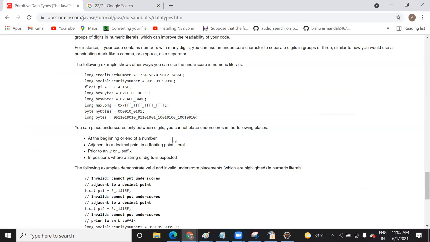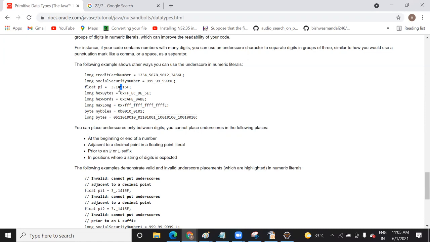So there can be different ways of assigning a value, different ways of assigning a variable. So they have just said that this is one more way where you can use an underscore in numeric literals. And as I already said, underscore is valid to use in variable names as well. So this underscore is just to terminate a value or just bind a value in one sequence.